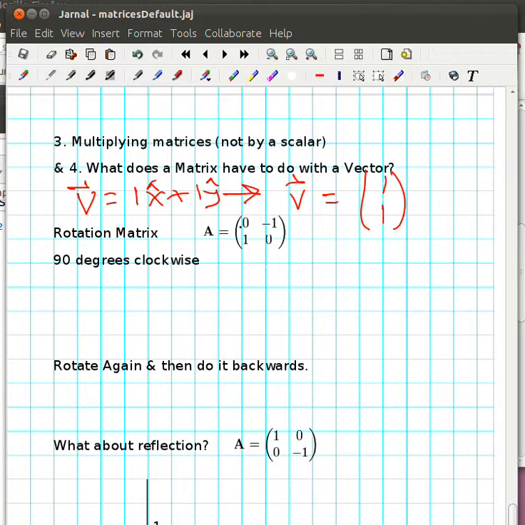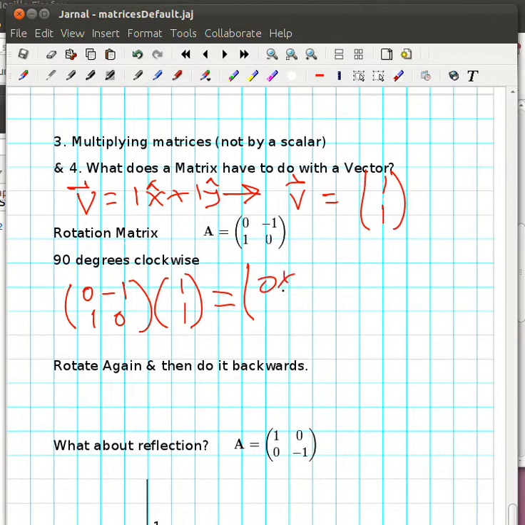So here we have this thing called a rotation matrix. This will rotate whatever you multiply it by, supposedly counterclockwise. This is counterclockwise. So let's do that. Let's take A and multiply it by v. So it'll be 0, negative 1, 1, 0, and 1 and 1. So that equals